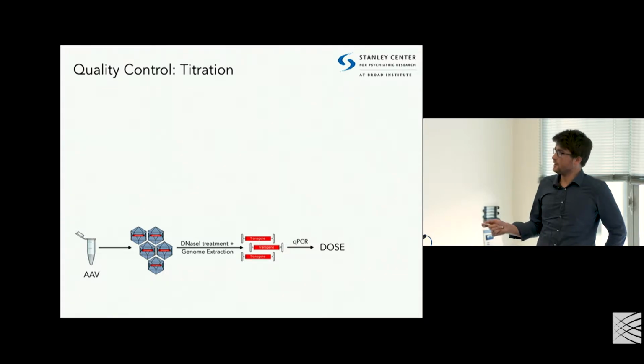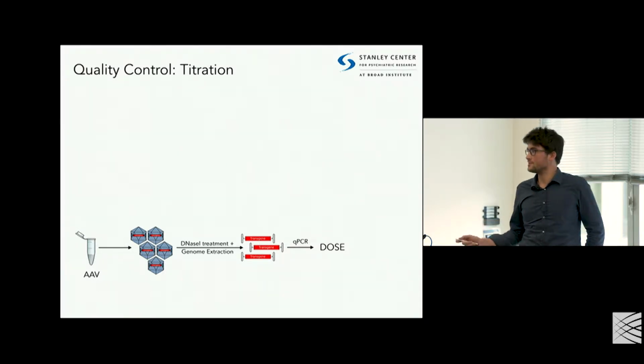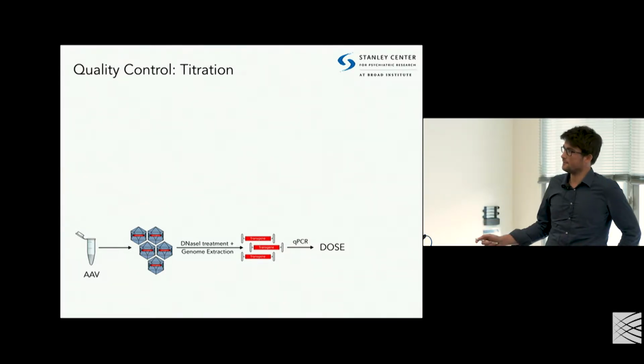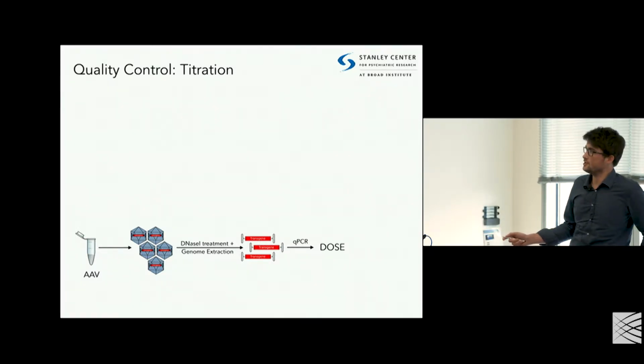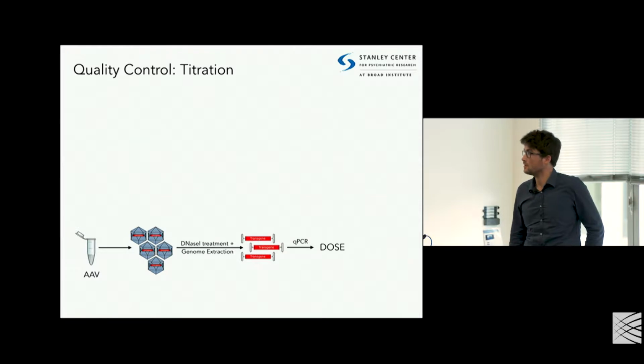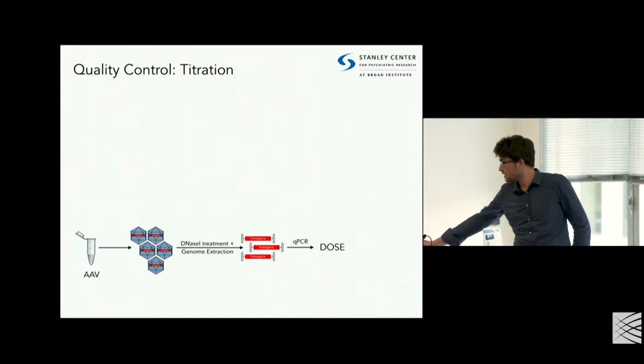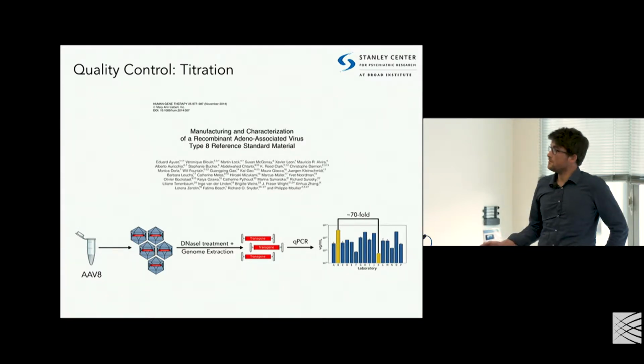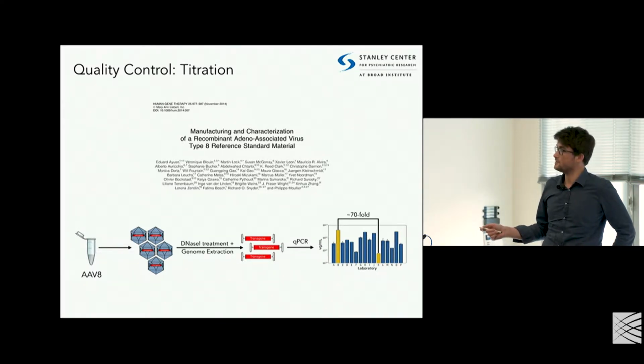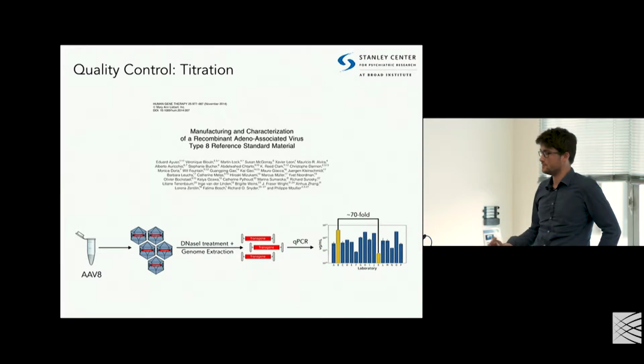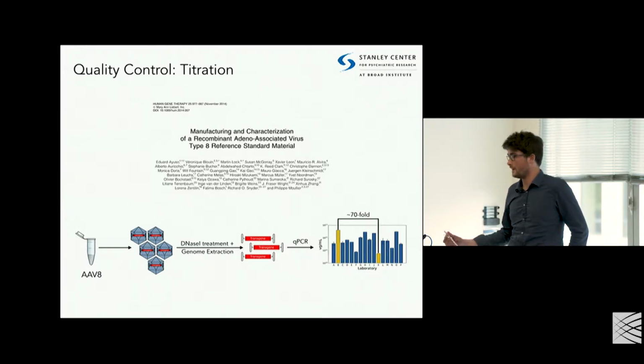How do you titer your viruses? Well, you usually DNase treat them to get rid of whatever is outside of the capsid. You extract those genomes and you titer them by qPCR or ddPCR. But now, one lab has shown that if you take a single prep and distribute it to 16 different labs and ask them to titer it with a standard protocol that you give them, you see up to 70-fold differences between them, which gives you an idea of why titration